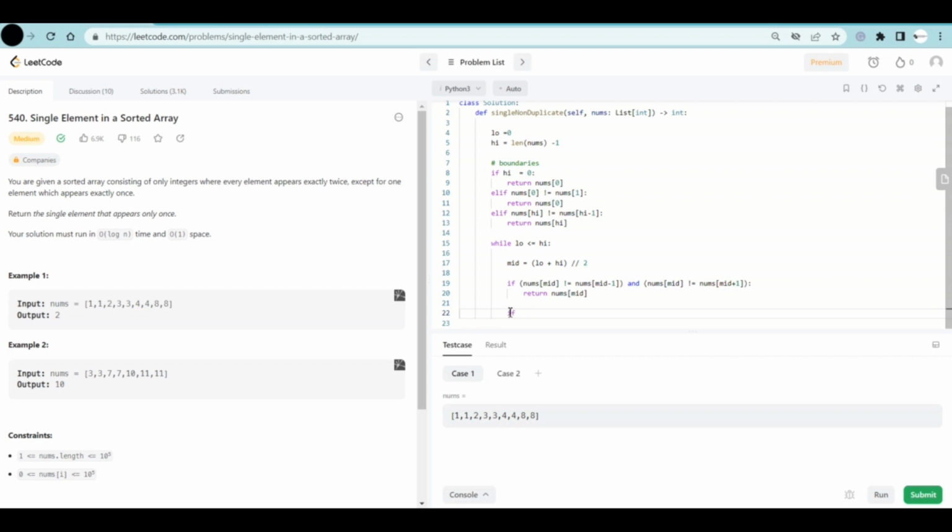So what I'm gonna do is say even, mid divided by 2, then modulo 2 I meant to say, then just say if this is equal to 0, and I'm just gonna say nums, I'm gonna take mid, then equals nums